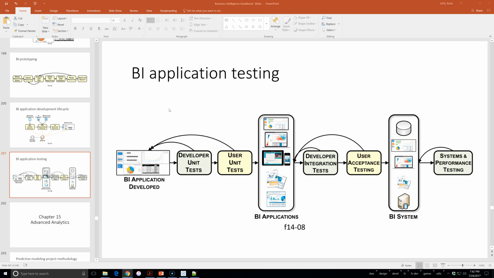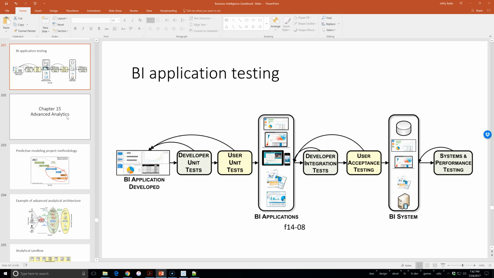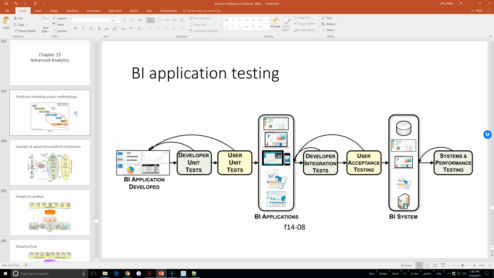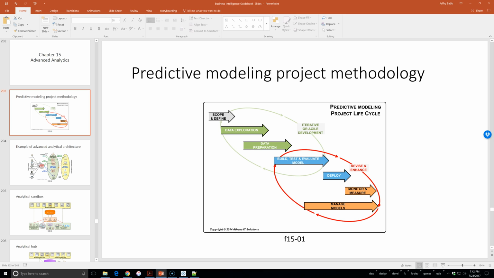So we have to then do integration tests, and then we have to do acceptance testing to see that the BI system performs as is standard. You can substitute each of these just for systems in general, and you basically are going to have the same deal. Now, chapter 15, moving right along, chapter 15